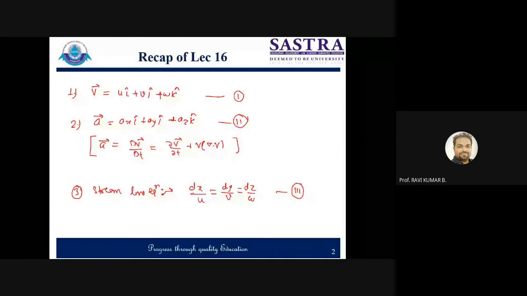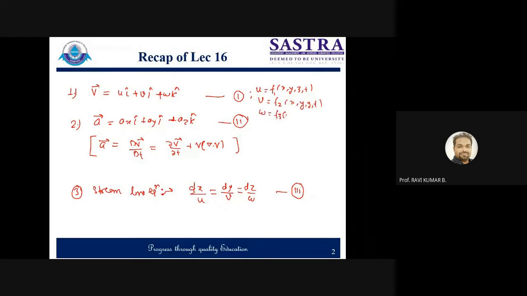So based on the given domain, the velocity vectors will be functions of x, y, z. In this equation, u will also be a function of x, y, z, and time variance may also come into the picture. Similarly, v will be another function. These are separate functions, right? All these variables will be present. Even w will be another function of x, y, z, and t.